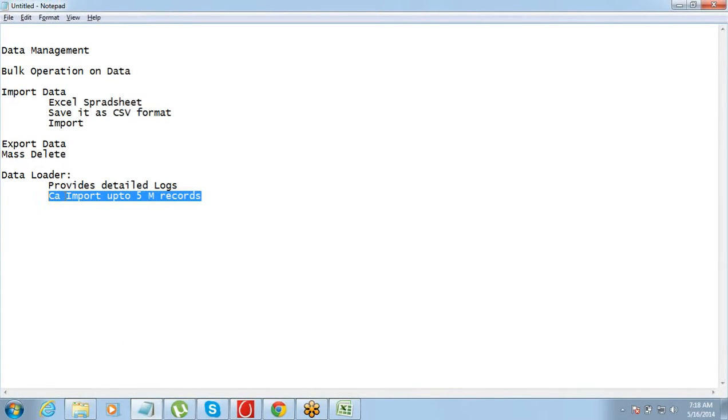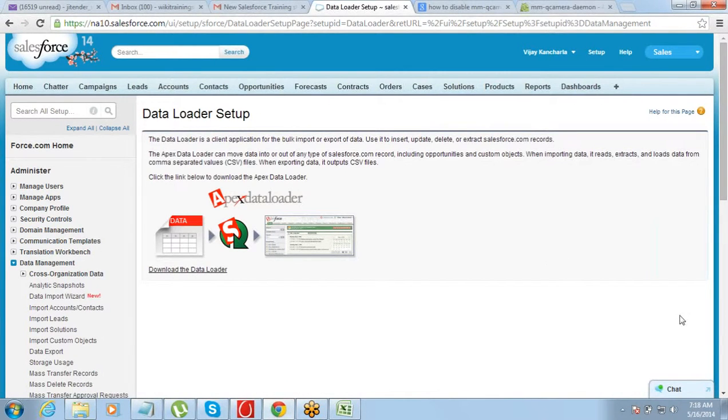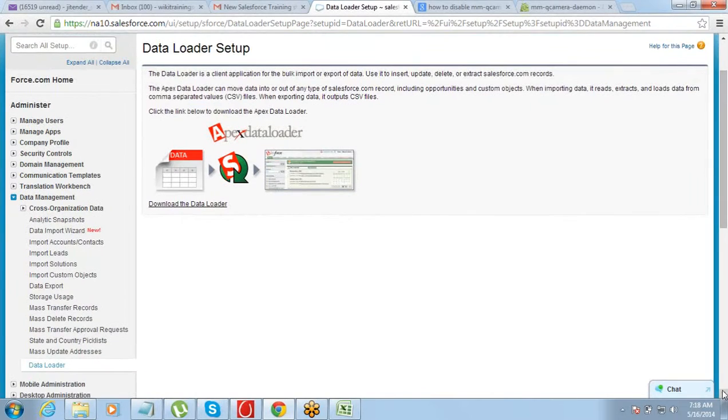Okay. It is faster in processing. Okay. So the processing happens a little faster in data loader. That is one advantage. One more advantage that you have for data loader is, if you notice here, you have